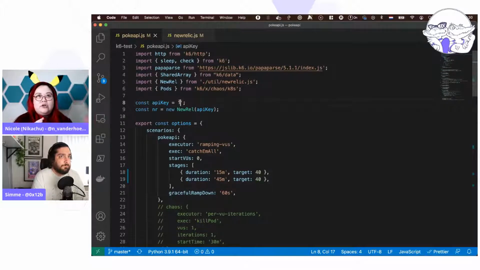The way that I'm integrating K6 to New Relic here is through the statsd integration. So you want to talk about that, Sima? I don't know if you were involved in that. No, not too much actually, but statsd,